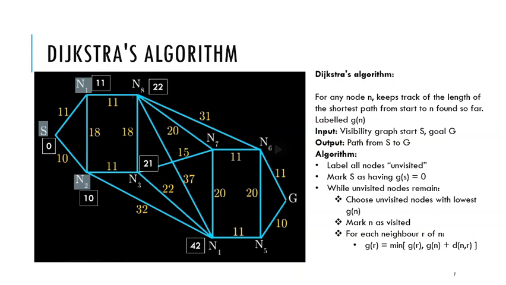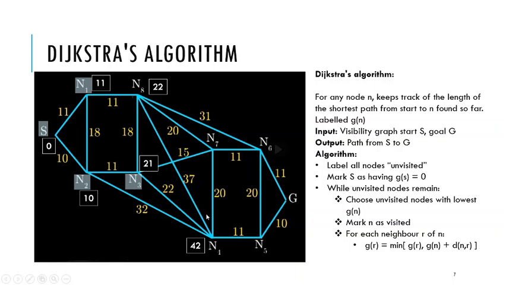So let's keep going. What's our next node with the lowest g of n? It's going to be n3. From here, this is remaining, this is remaining, and this is remaining, which is already marked. Out of these, this is the smallest one, so we will visit it first and see what nodes are extending from here. So this one and this one. I already have 22 for n8. 21 plus 18 would be 39, and we will not write it over here because we already have the shortest path to reach n8, so we will skip it.